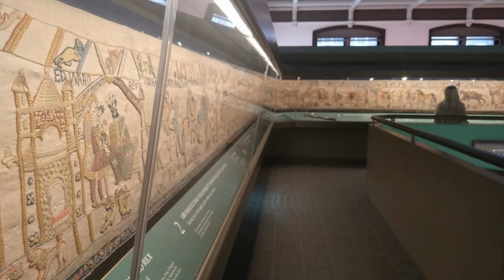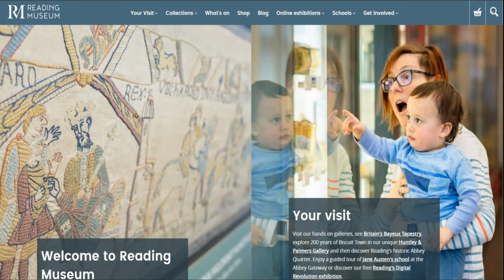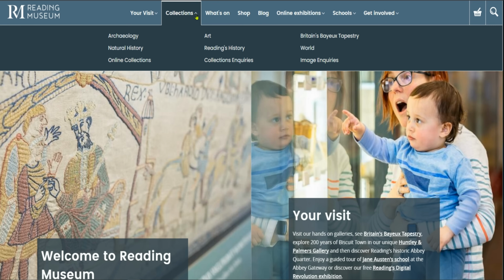So it's really amazing to look at. You can get right up close to it. It's a pretty good copy of it, but you can see that online as well. So if you go to www.readingmuseum.org.uk, you can go and have a look at that one, and then across the top there's a little button on that home screen that says collections, and on the right it says Britain's Bayeux Tapestry,